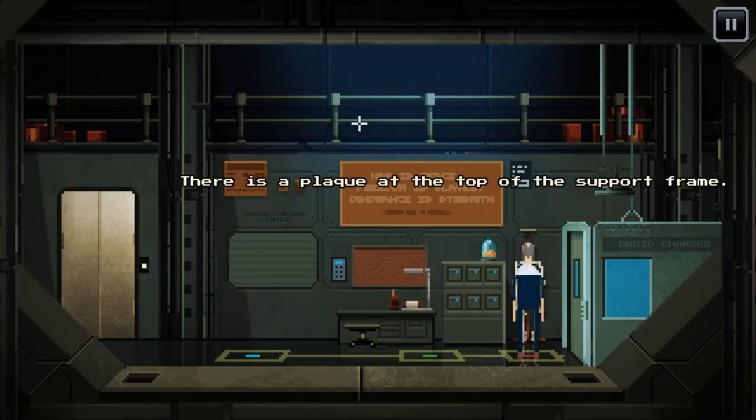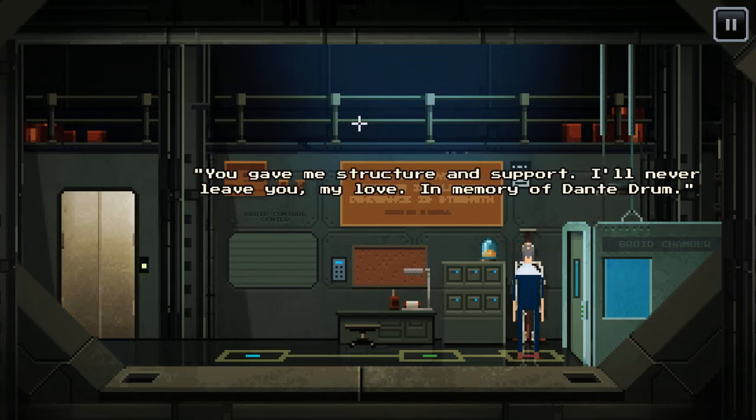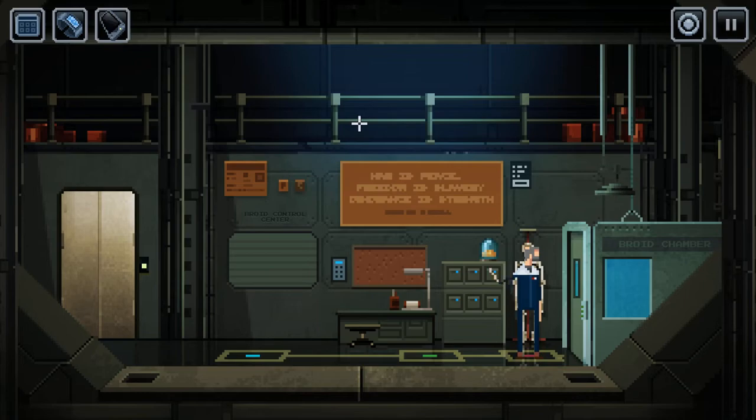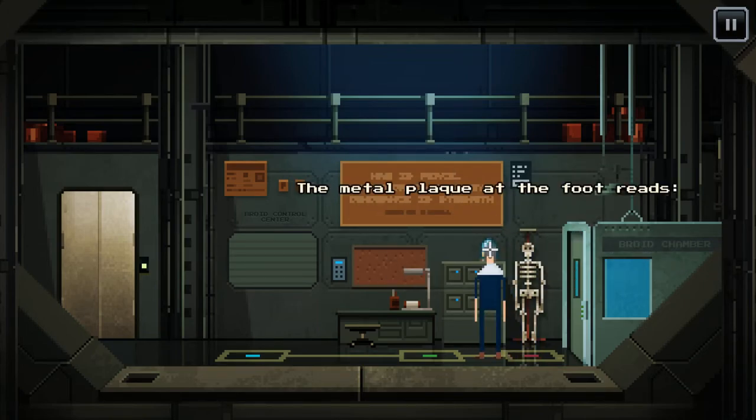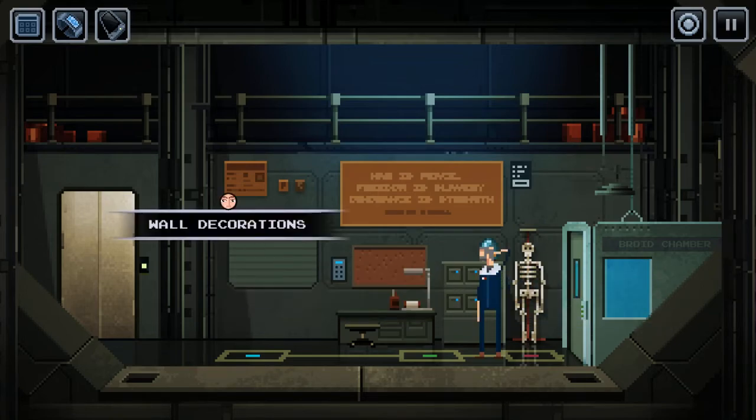It's a life-size humanoid skeleton. There's a plaque at the top of the support frame. "I'll never leave you, my love, in memory of Dante Drum." I guess that if you truly love someone... I was thinking, put the brain in the skeleton, put it in the broid chamber, make a person out of it. Yeah,